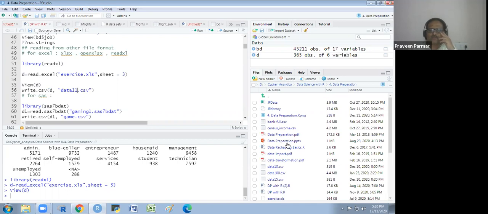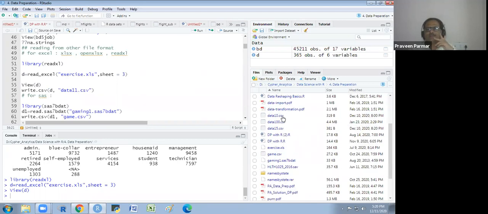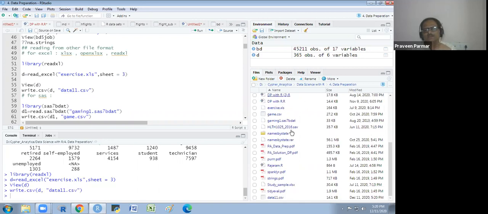So data 11 file is not here, you see. Data 100 is there, data 10 is there, data 15 is here. So I will save it in this way, write.csv, and here also in the quotes you write the extension, the name you are going to give that file. So I just save it, and you will see here data 11 is here. So it has been saved now. So in this way we could save the file also.